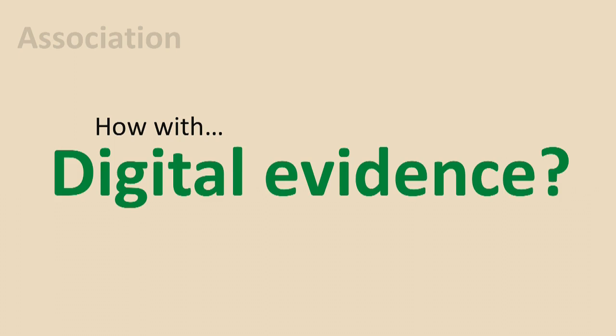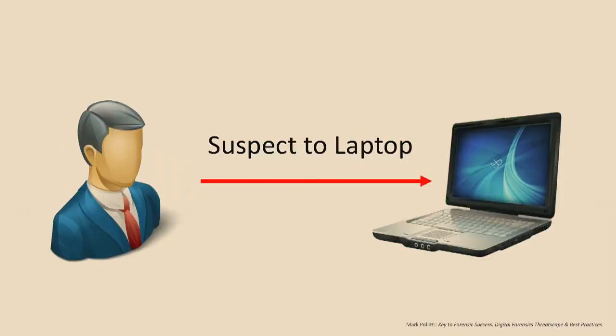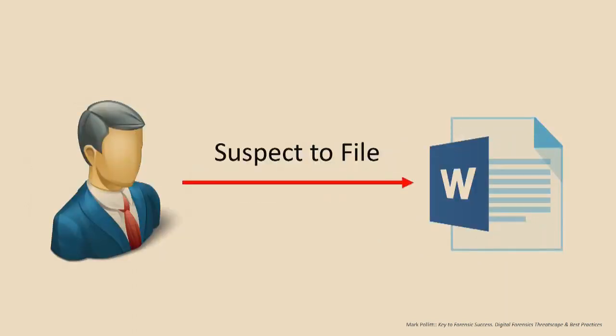Authentication could be one. Very good. What else? Fingerprints. Fingerprints on the device itself. Okay, good. You guys are all right on the money. So to connect that suspect to that laptop, or connect a suspect to a file, how can we tie a person to a file that was created, modified, or deleted?